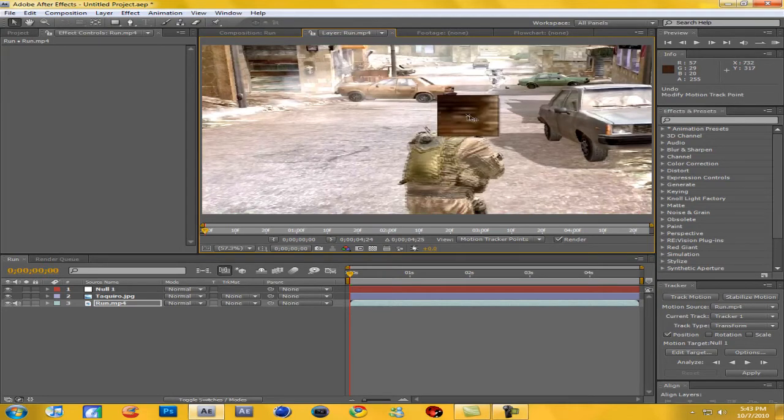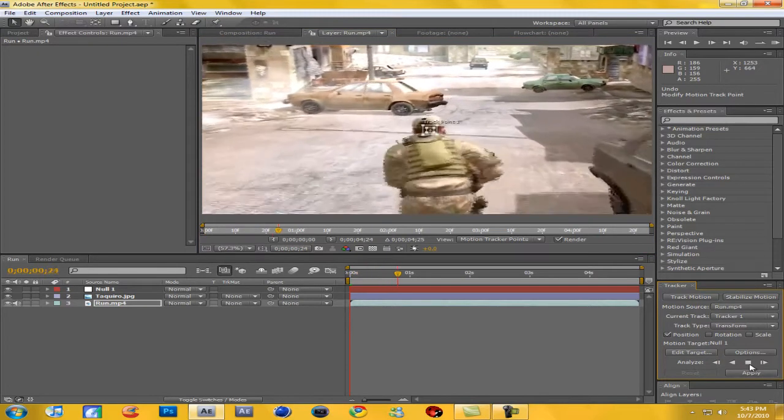And I've actually tried this before I came here, and you can see his hat in gray and his hair in brown. For some reason, that made the tracker go all weird, so try to get as close to one color as possible. So I'm going to track it down here where it's just all brown, and we'll see if this works. Now you're going to come down to analyze right here and click analyze forward, and it should stay